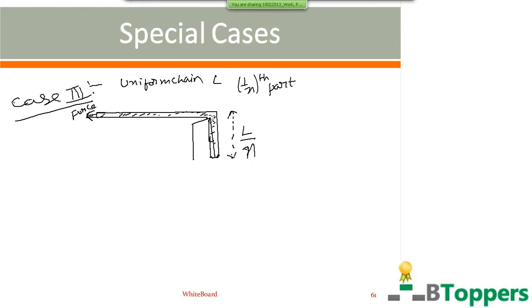When the chain is completely pulled back onto the surface of the table, the gravitational potential energy of the hanging part of the chain will increase. But the gravitational potential energy of the part of the chain which is already present on the surface of the table does not change. As you must be knowing, the gravitational potential energy of a body near the Earth's surface, in the gravitational field of the Earth, will change only when its height above the surface of the Earth changes.